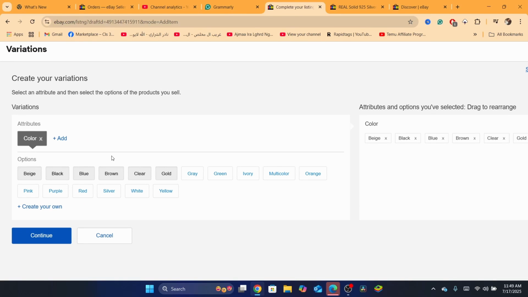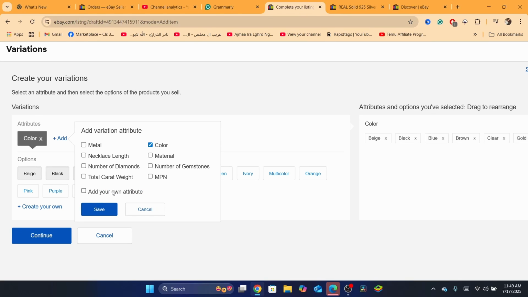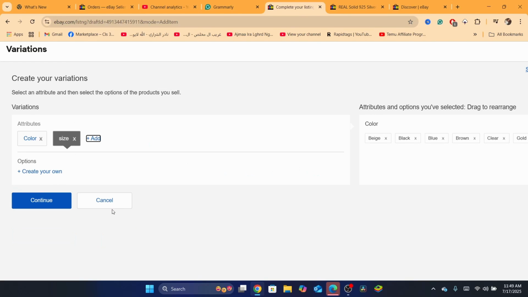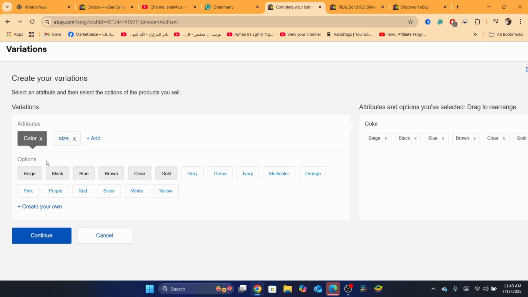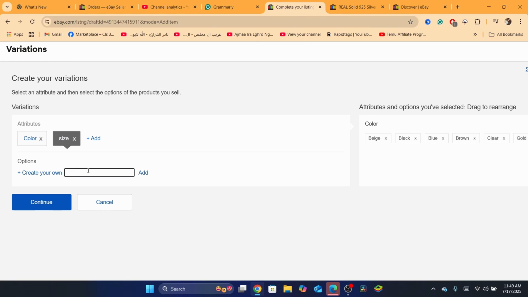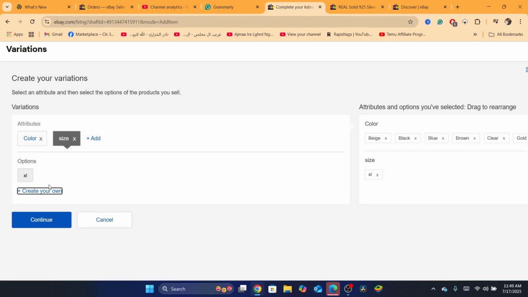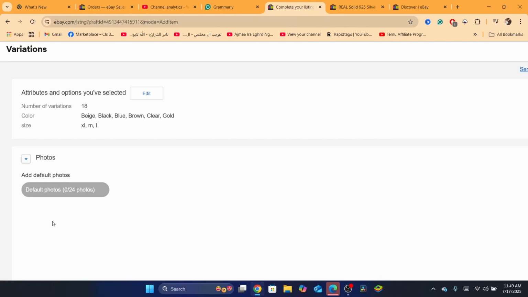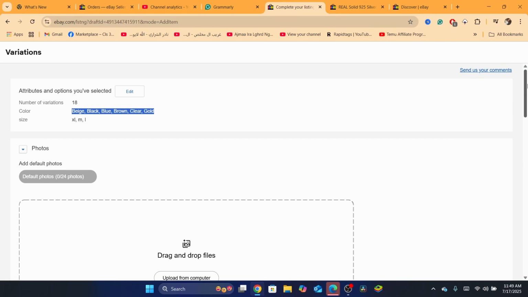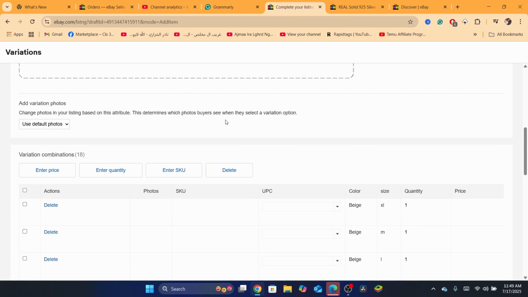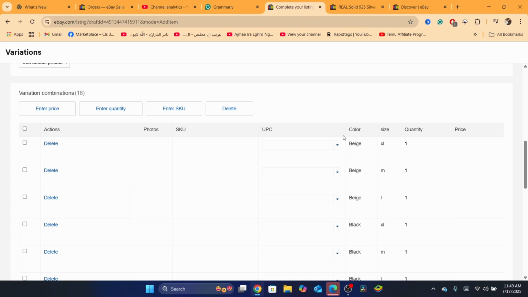Now you can also add, for example, color and sizes. I'm going to select size here. As you can see, for the color we have the product in 6 different colors. For the size, I'm going to sell a product with XL and M and, for example, L. Then click add. After that, you want to click on continue. Now as you can see, we have 6 colors and 3 sizes. So now what you need to do is enter the price for each listing,